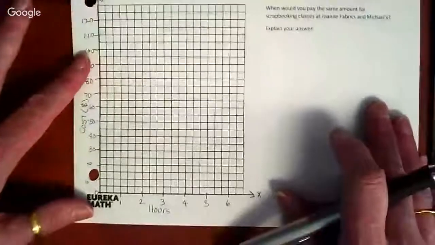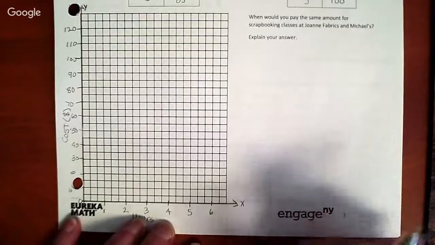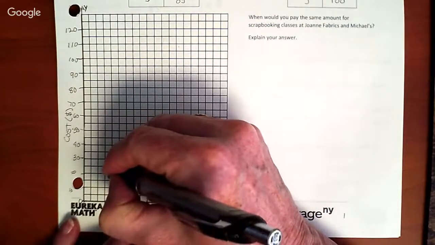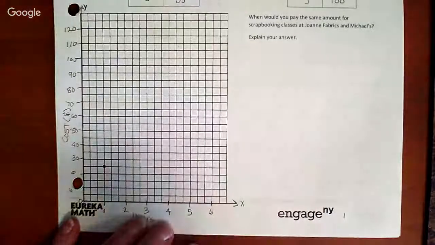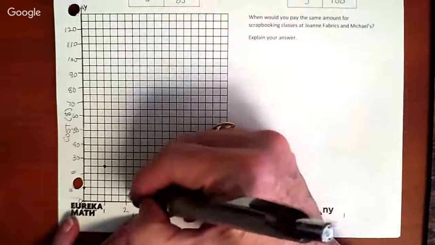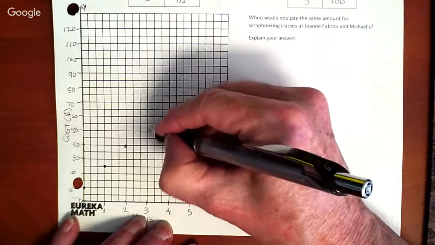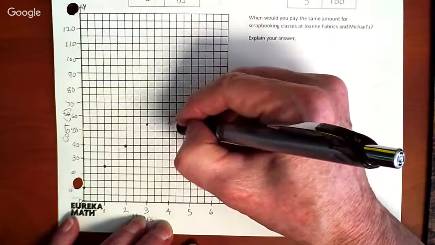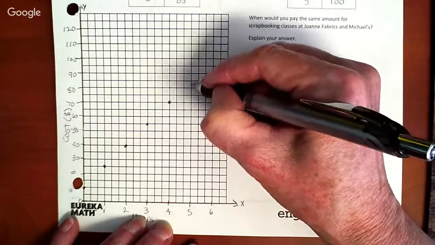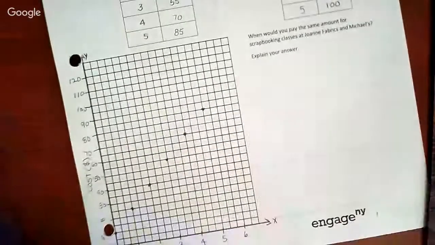Okay. So now when we draw this line, for Joanne Fabrics, we have 1 and 25, which is right here. And because their initial value is 10, we've got to have 0 and 10, which is right here. And then we have 2 and 40, 3 and 55, 4 and 70, 5 and 85. Okay. So now when I draw that line,